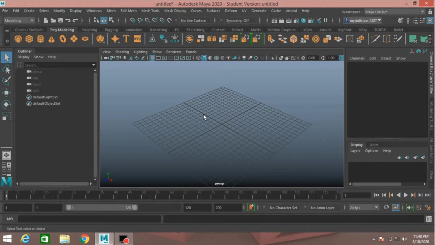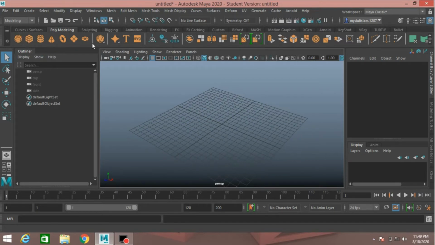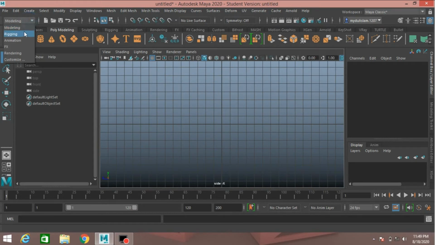In this tutorial, I will show scaling a Stretchy rig in Autodesk Maya 2020. So let's get started. Go to side view, change modeling menu to rigging menu,